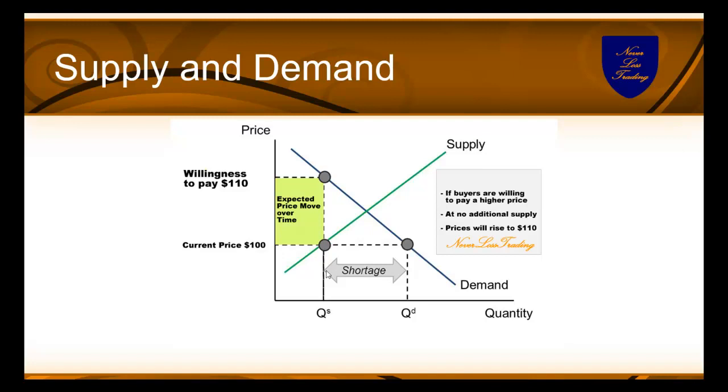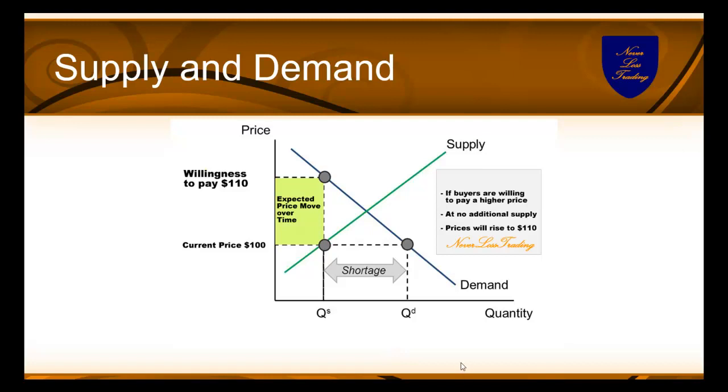If there is no additional quantity coming in to satisfy that need, the price is going to move up and find the equilibrium between supply and demand at 110. So price move is not a variable, it is a result of a change of supply and demand. And so with that, you go on the lower basis as a determining factor, and that will help us to produce high probability trade setups for you continuously